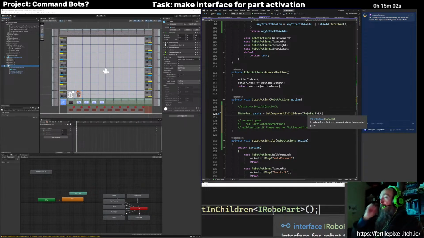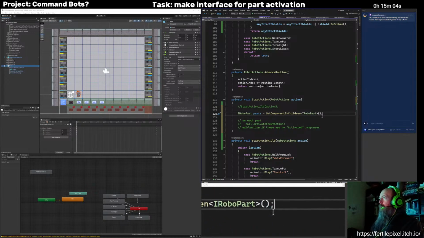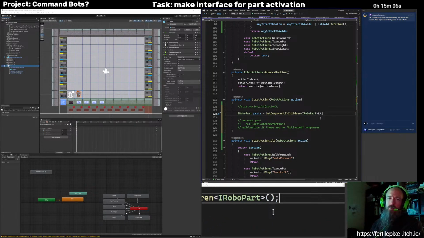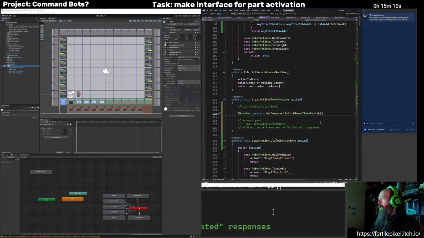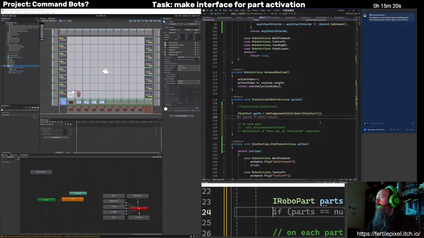So yeah, that'll be much better architecture. And I sort of started building this up as a prototype, and now I'm molding it into a more maintainable architecture, something that's going to be easier to work with and do what I need it to do. All right, so getting all my parts, and then